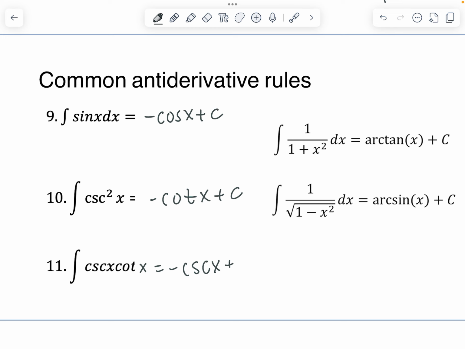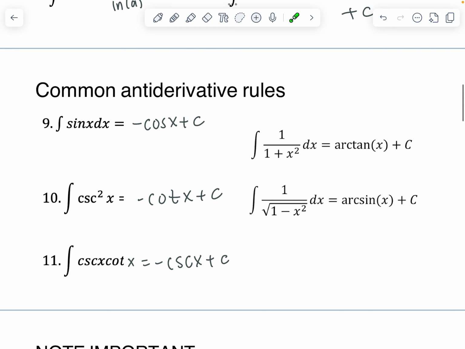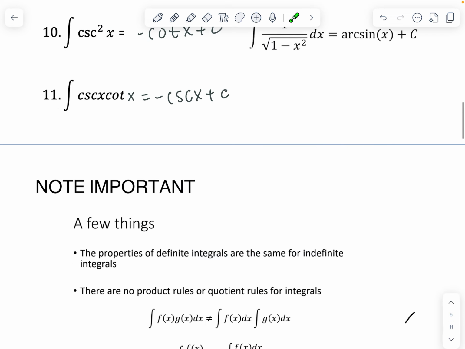cosecant x plus c. And I didn't make you write these down, but these are the more popular inverse trig ones. So the antiderivative of this is its anti-trig version. The one other important thing, so you're going to have to memorize these rules, but the most important thing to